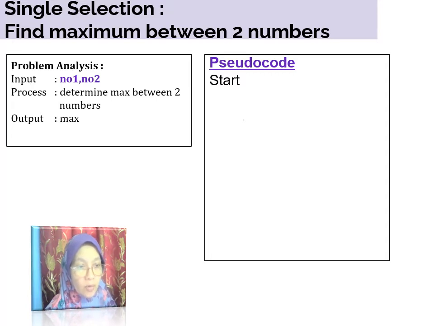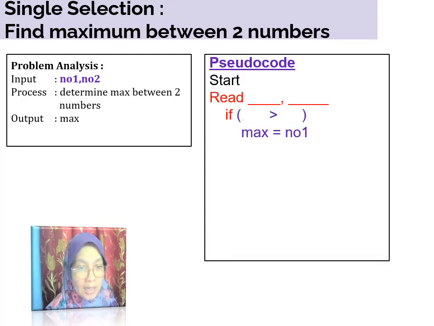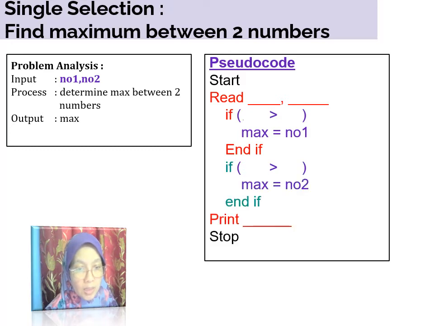Okay, no need to write down number 1 is maximum or number 2 is maximum. No, I just put a single variable here, max. Only max. How to do that? Start, read. Okay, what do you need to read? Input first, number 1, number 2. Okay, then you